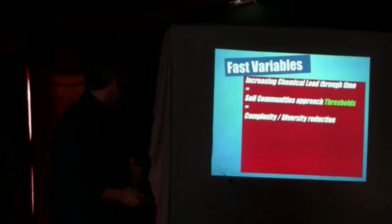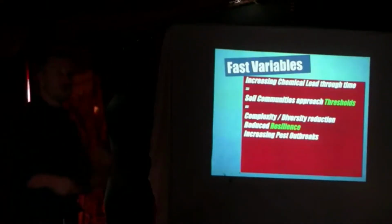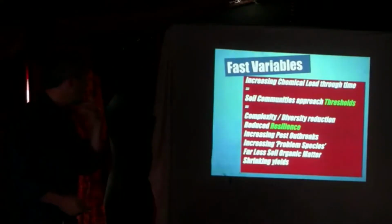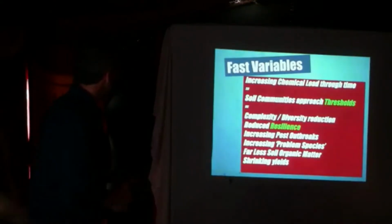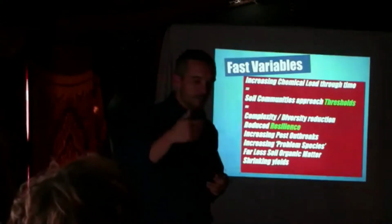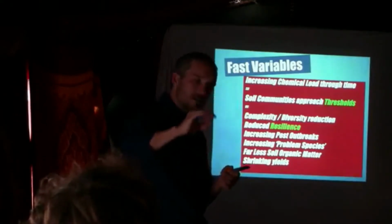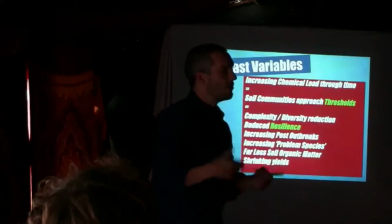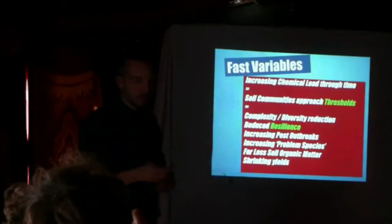And as they approach, you get this complexity and diversity reduction, reduced resilience, increasing pest outbreaks, increasing problem species, far less soil organic matter, and shrinking yields. We see this all over with conventional agriculture. What they've noticed in resilience science is that these systems, as they approach a threshold, often start to do this wiggling thing. They start to fluctuate more rapidly than their normal rate had been previously. Sometimes that can be a warning sign that your system is about to shift